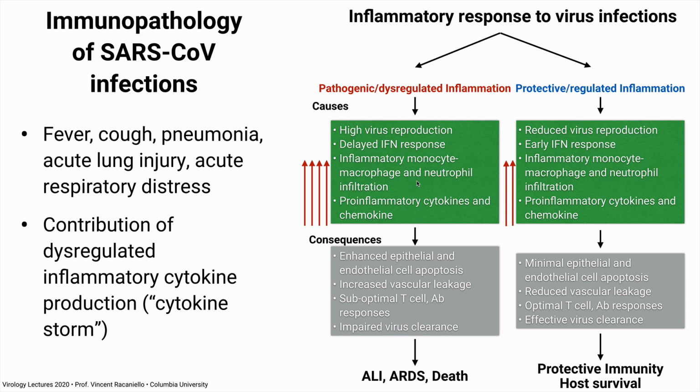We have inflammatory monocyte, macrophage, and neutrophil infiltration, the production of very high levels of pro-inflammatory cytokines and chemokines, and very high infiltration. See, the four arrows here represent much higher levels of these two components than in the normal situation. And as a consequence of the enhanced infiltration and cytokine and chemokine production, we have enhanced apoptosis, increased vascular leakage, suboptimal T-cell and antibody responses, impaired virus clearance, and that leads to acute lung injury, acute respiratory distress, and